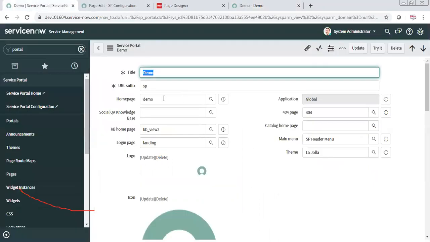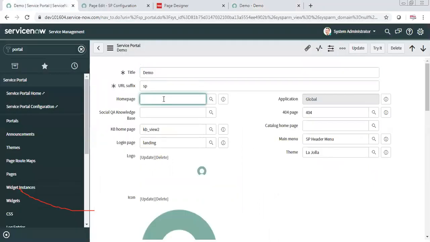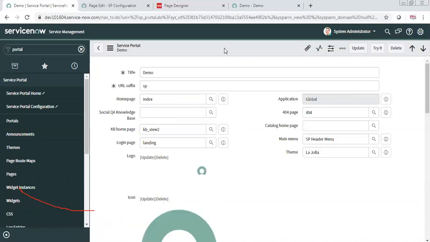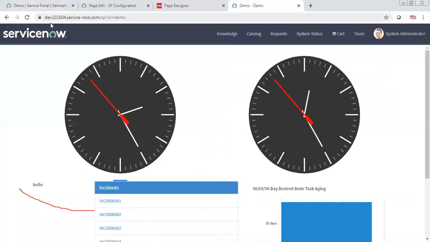So we design a page which has information about other related pages and all those things. This index page is out of the box, ServiceNow designed it. If you want, you can design your custom one. Like if you want to change the theme, change the layout, or want an altogether new home page, then instead of using or modifying this index page, you can design a new page and link that page here. Then when the user logs in, he is always going to land on that page.